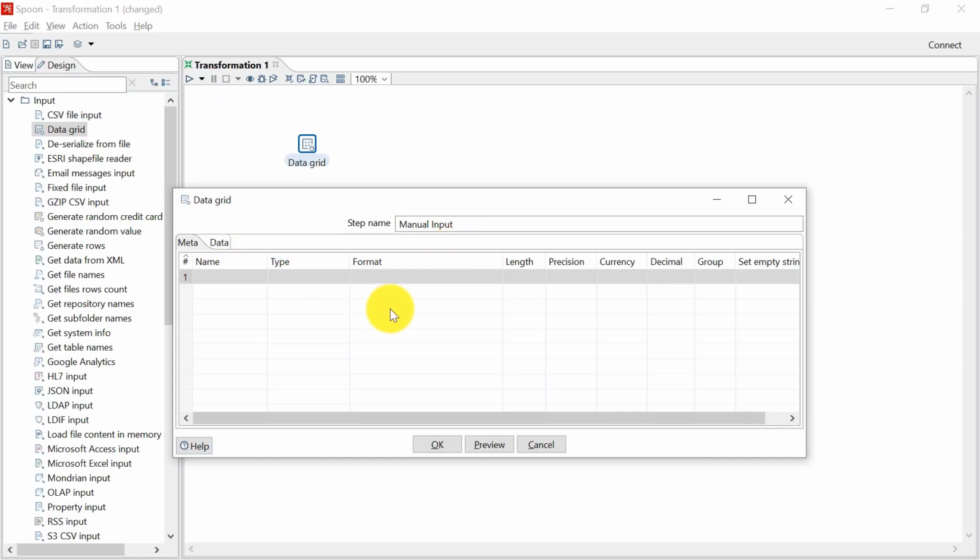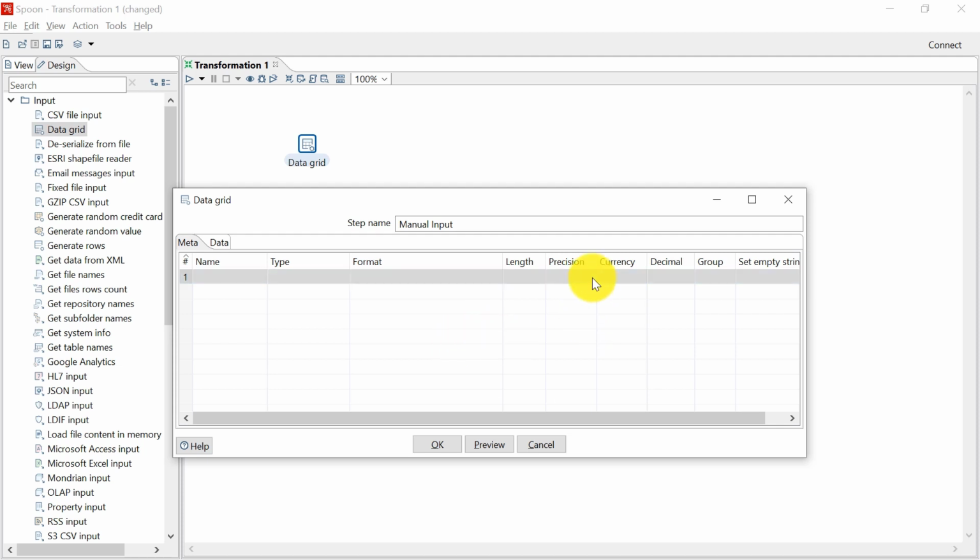Therefore, we will store the postal code also as a string type of variable. Apart from the name and type, you can also see other types of information such as format. Format is used to specify the way in which we want to see the data. For example, if we have date type of data, it can be stored in DDMMYY format or also in MMDDYYYY format. So that format can be specified here.